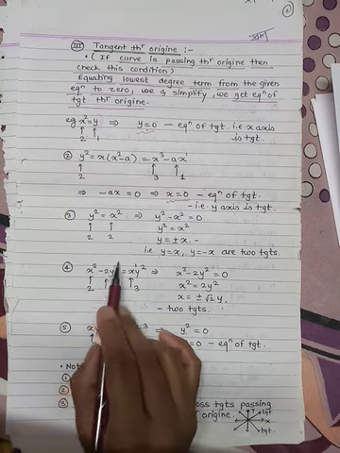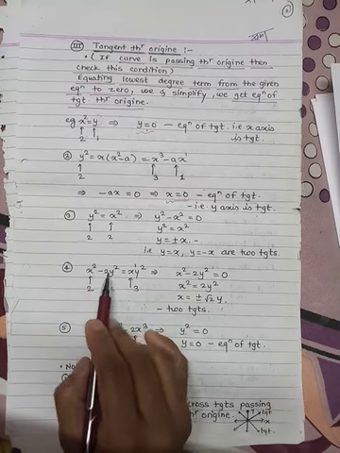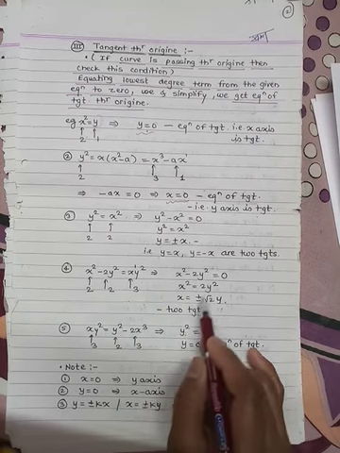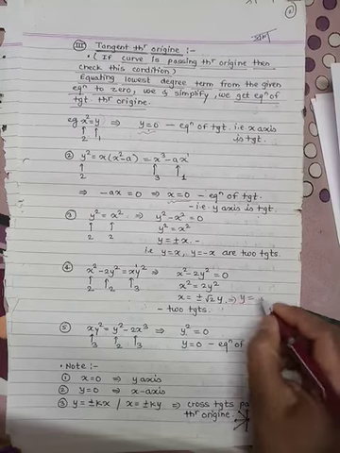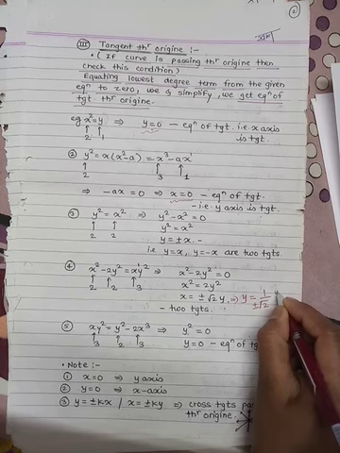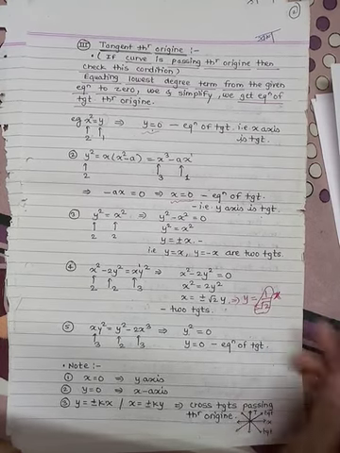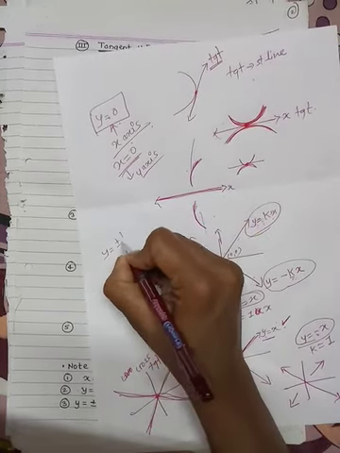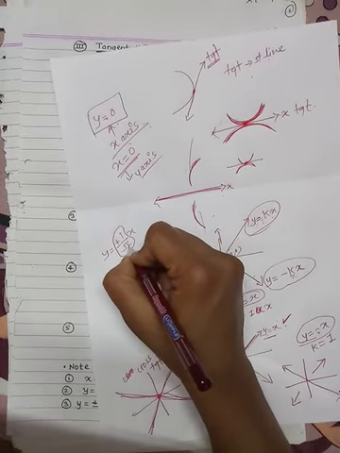So the lowest power terms are x square and minus 2y square. Take the equation x square minus 2y square equal to 0. Simplify: x square equal to 2y square, that is x equal to plus minus root 2 y, or you can write y equal to 1 upon root 2, plus minus, root 2 x. So this is just a number. So this equation is y equal to plus minus 1 by root 2 x. So this is just a number, 1 by root 2.